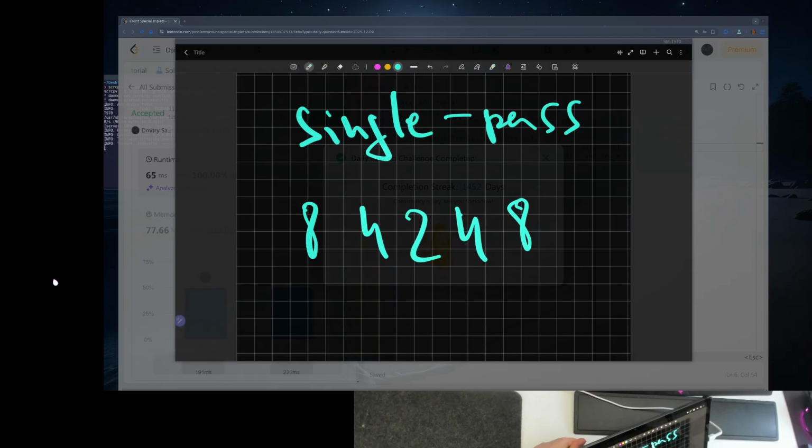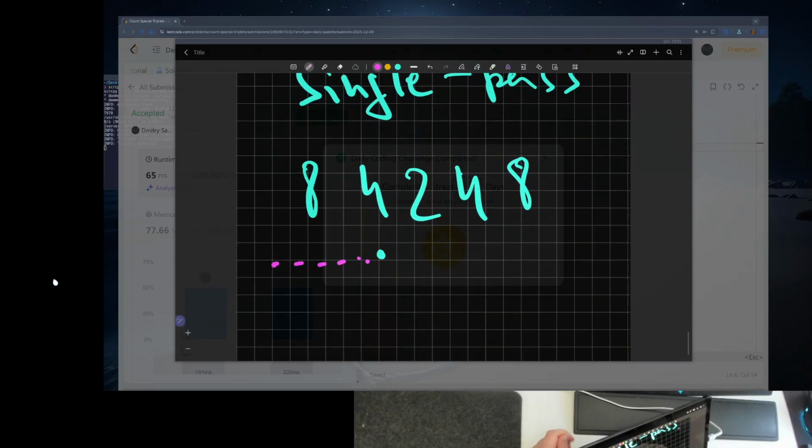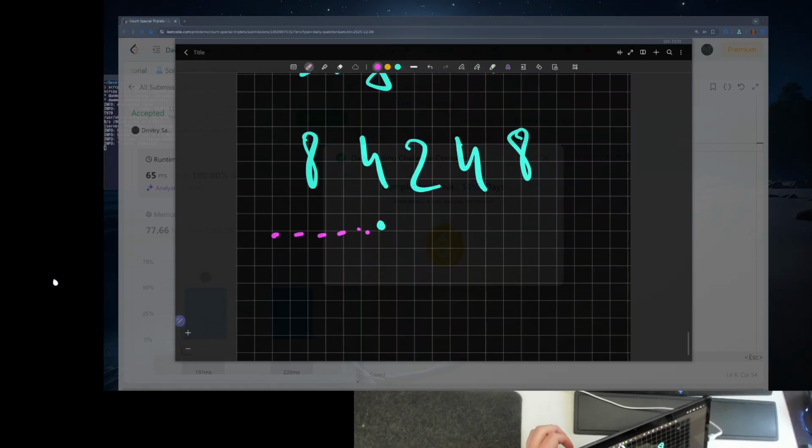When we are going from position to position, we are only doing a single pass, so we should have all the information on the left to efficiently compute all the rights in the future. So for the current left position, what we know, we can find the frequency of all the numbers,